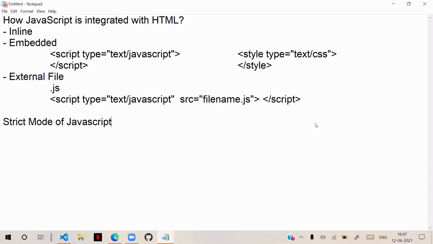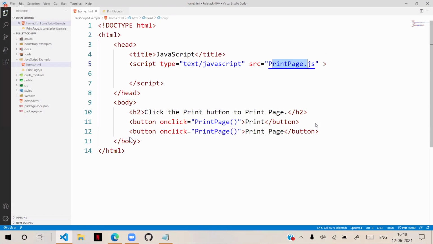This is another very important topic. Once you are aware of how to write JavaScript, then you need to understand some important techniques. What is the strict mode of JavaScript? This is very important. In interviews also they ask this.